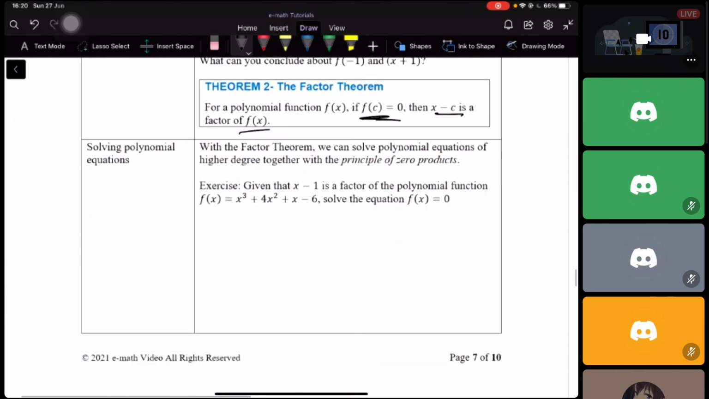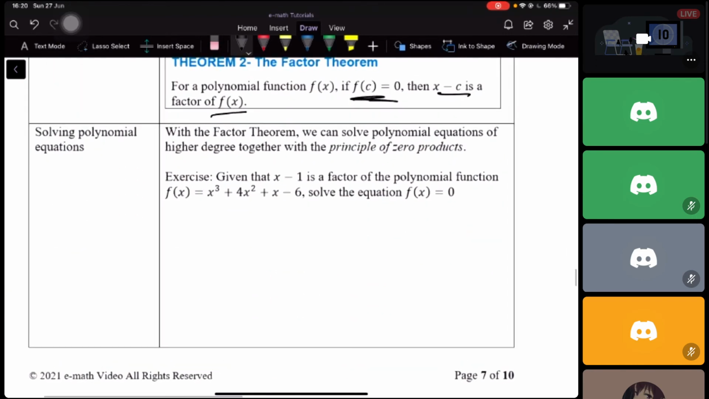Then with the factor theorem, we can actually solve polynomial equations of higher degree. You see, you don't know how to solve this cubic equation, right? In fact, I did a video on how to derive the cubic formula, which I don't think you want to use because it involves complex numbers. So because you are already given that x minus 1 is a factor,